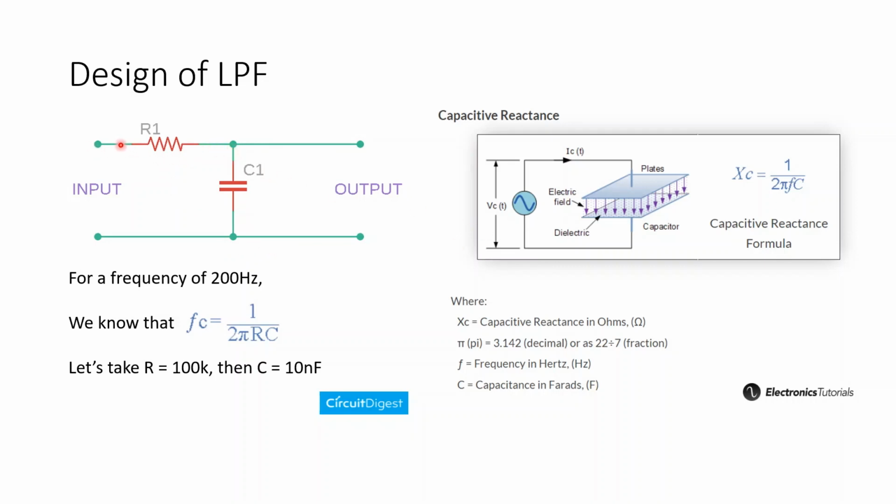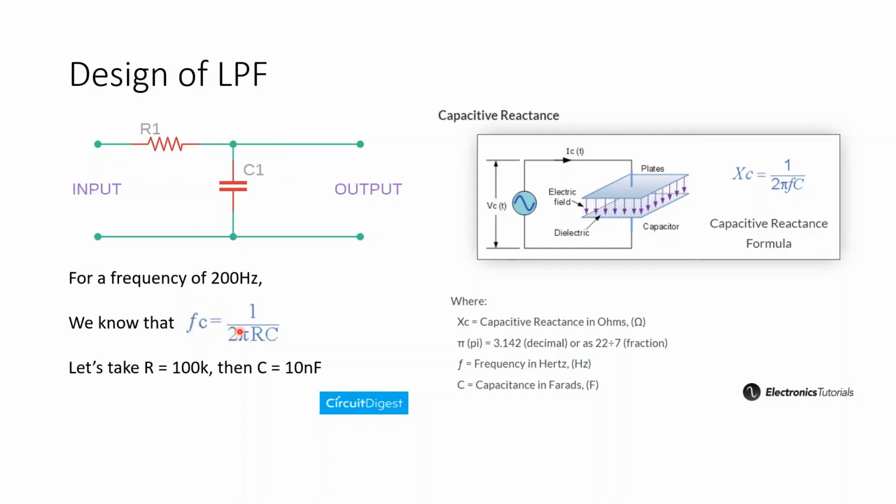So why do we connect R in series and C in parallel? It is because in the capacitive reactance formula we have frequency in the denominator. Therefore, for a low pass filter, the capacitor will have high reactance towards low frequencies. The lower the frequency, the higher the reactance, and the higher the reactance, the more voltage drop across the capacitor. So all the high frequencies will be grounded, hence the voltage drop will be low for high frequencies, and for low frequencies the reactance is high, hence the voltage will appear across it. So this is the working of a simple low pass filter.